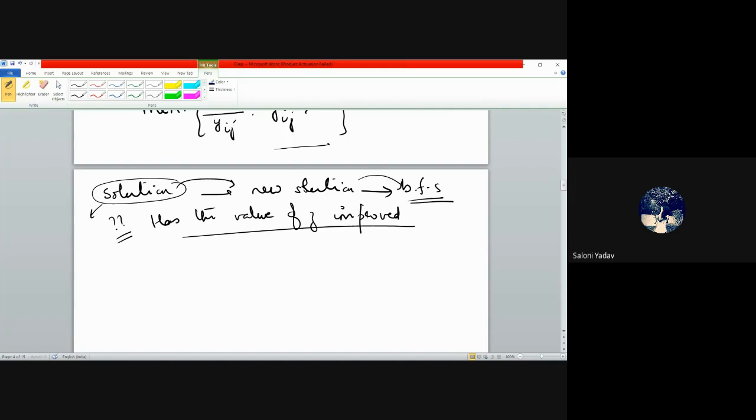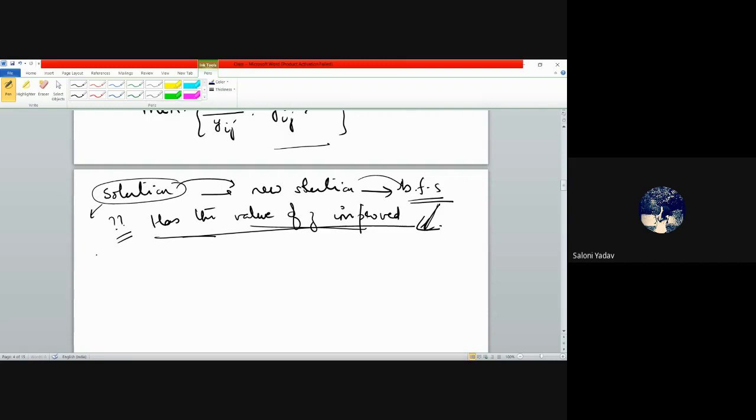We proved that it is basic feasible. Now what is left to prove? That the value of Z improves with this new basic feasible solution. Then only it will be a better solution. Otherwise तो इतनी मेहनत करने का कोई फायदा ही नहीं हुआ. हम इतनी सारी matrix multiplications कर रहे हैं, inverse निकाल रहे हैं, इतनी सारी values भी compute करें, and ultimately हमें पता लगे कि Z का value improve ही नहीं हुआ. So all this is a waste of energy and time. Okay, so that is why we must verify also that whatever new solution we have got has improved the value of the objective function. So this is the second thing to be proved now.